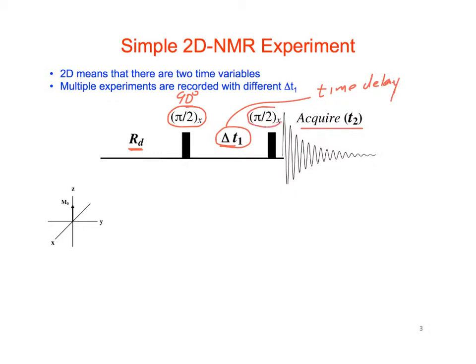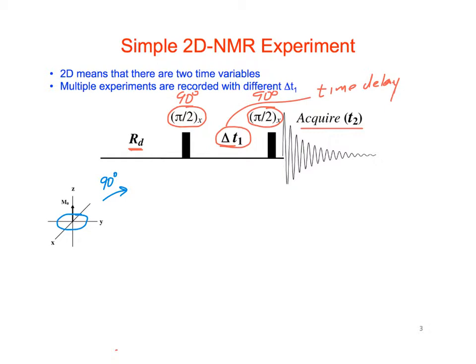And a second pulse. Okay, so in this experiment that we're going to do here, this is a second 90-degree pulse. Okay, so let's think about what might happen here. Okay, so here's our magnetization on the left. We draw this circle around here. If we first do the initial